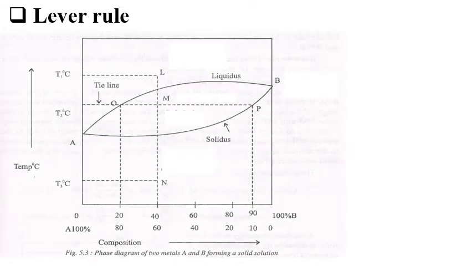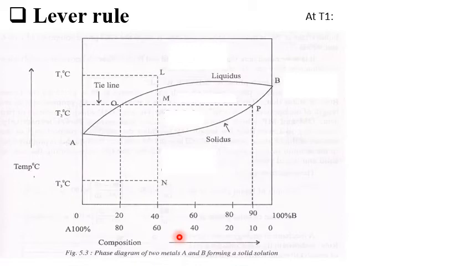Again, this is the phase diagram for two components, A and B, which are soluble in both liquid as well as in the solid. So already we know that at a given temperature we can easily find the number of phases and the degrees of freedom by using the Gibbs phase rule, by taking the composition on the x-axis.